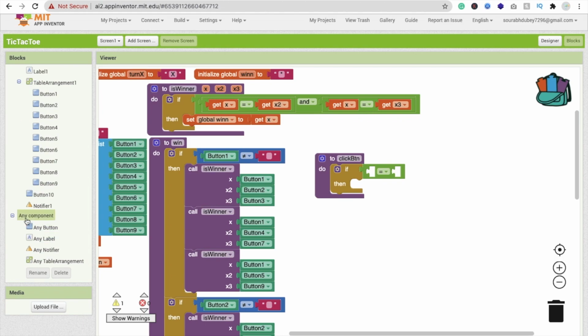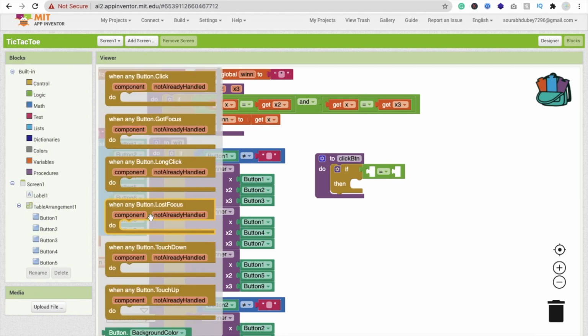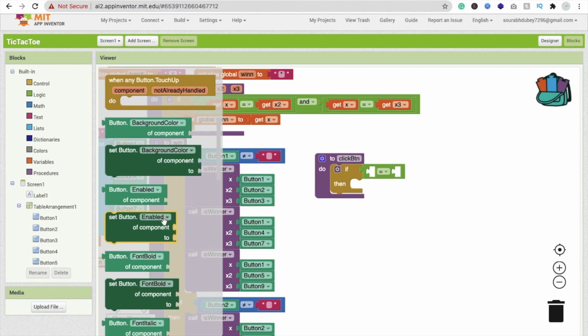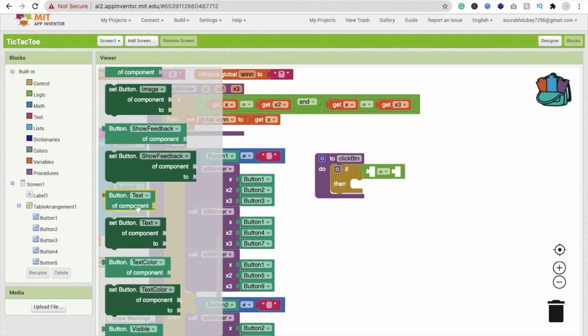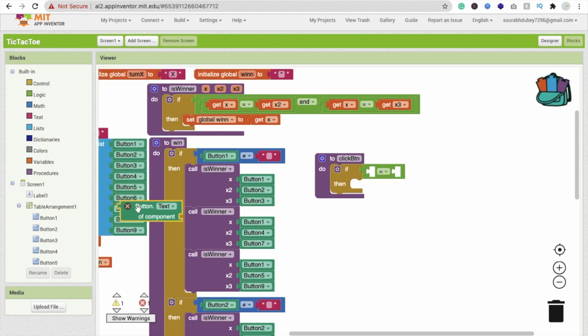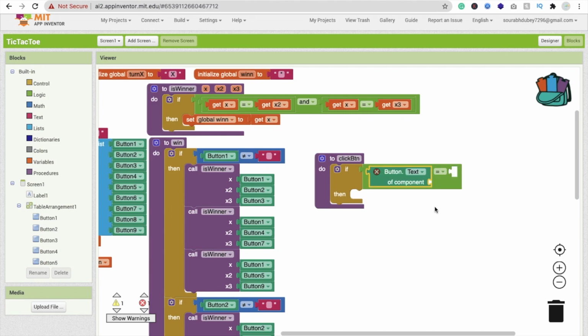So click on any component, click on any button, and you will find the button text. You will find it in the last, I think, yeah, this one, button text of component. Just drag and drop this component. Which component? This should be a button. So how can we write the button? We have to create one input here.